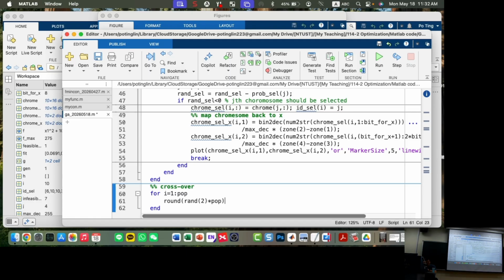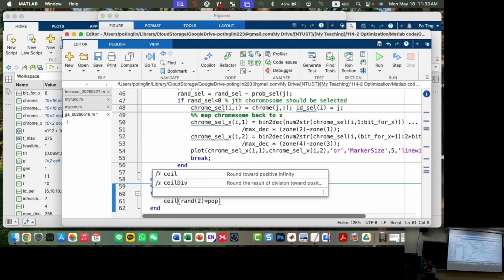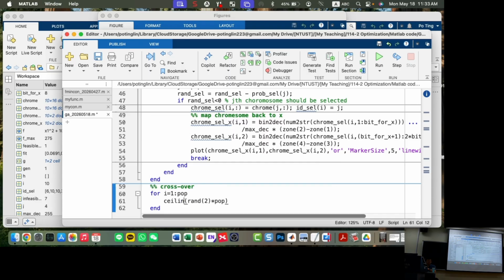So when I randomly generate 2 values, it's a random number from 0 to 1. And if I multiply by 10, it's a random number from 0 to 10. So I can do ceiling of them, not rounding. Then ceiling. If I do ceiling,